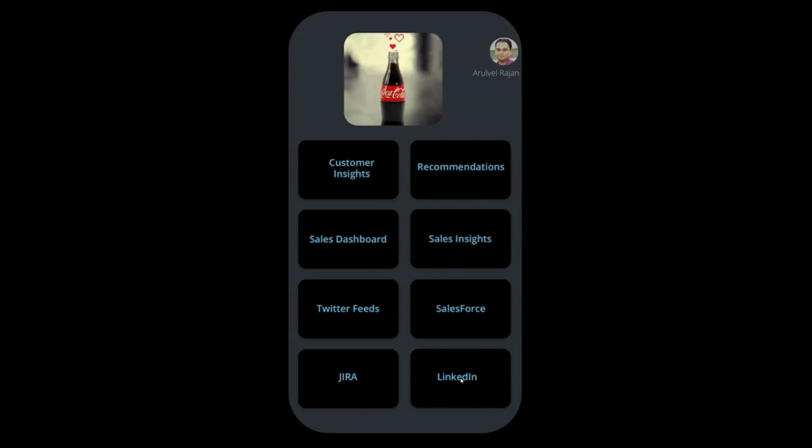With this, we are coming to the end of the demo. I believe it was insightful. It is one of the biggest demos so far that I've created, where we have seen quite a lot of functionalities in one app, starting from customer insights, AI, ML powered recommendations, sales dashboard using Power BI, real